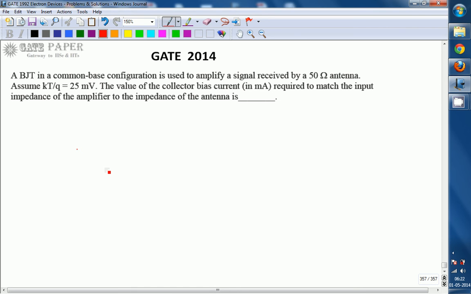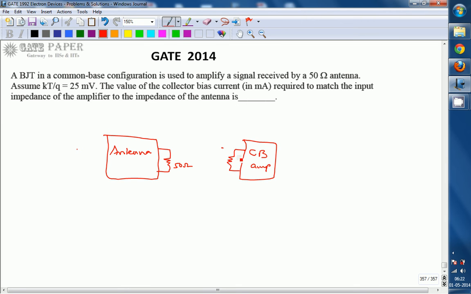So assume that this is the antenna with impedance of 50 ohms. The impedance of the antenna is 50 ohms, and it has to be received by a common base amplifier. The common base amplifier is going to have some input impedance, which is the input impedance of common base, Zi. So if it has to be matched between these two,